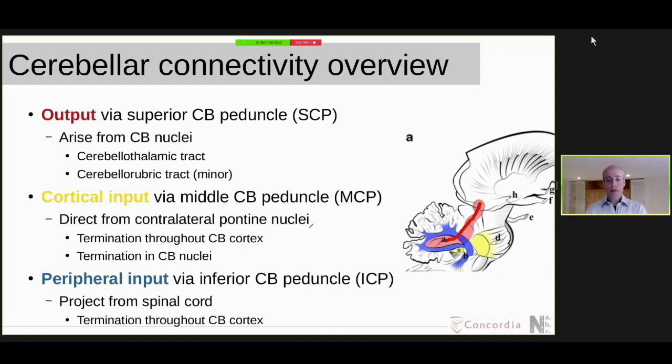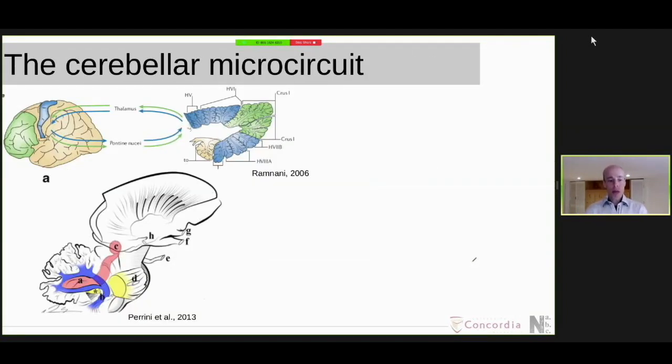So I'm not going to talk very much at all about the ICP in this talk. I'm more brain-centric, so we're going to focus a little bit more on the cortical and the pontine sides of things. All right, so that's the general overview of the inputs and outputs along the peduncles to and from the